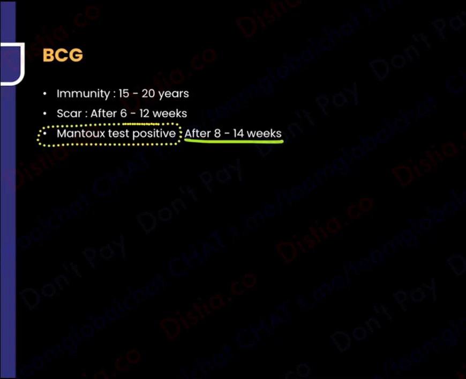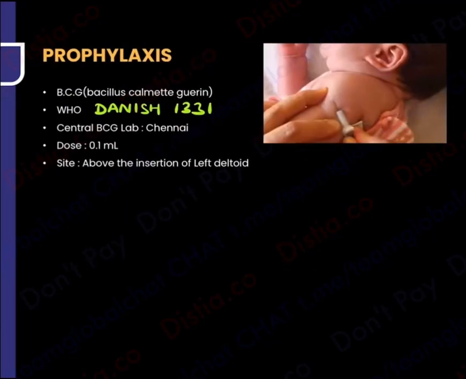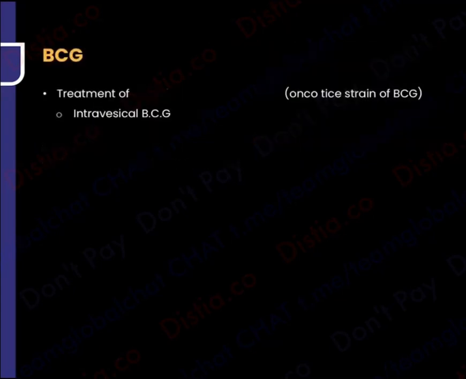Okay, so now you know BCG, everyone knows this BCG vaccine. But what else is the recent BCG vaccine used for? Guys, there is a strain called the oncotype strain, which is used for superficial bladder cancer. They are now trying to utilize it for superficial bladder cancer and the early stages of bladder cancer, because